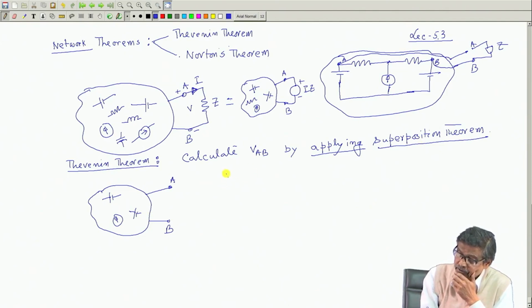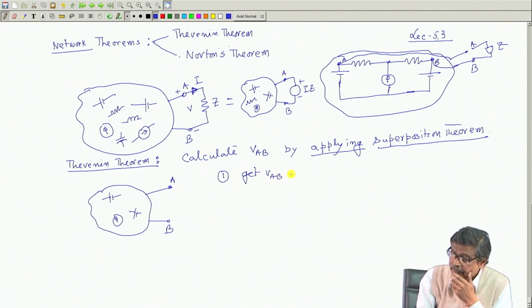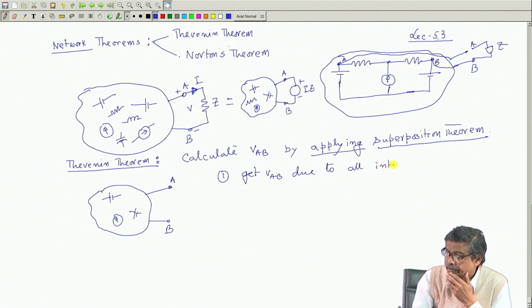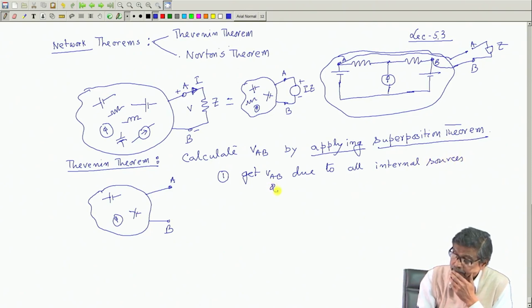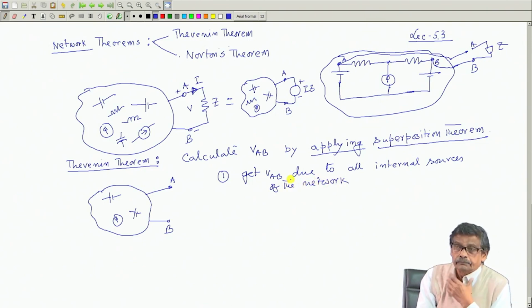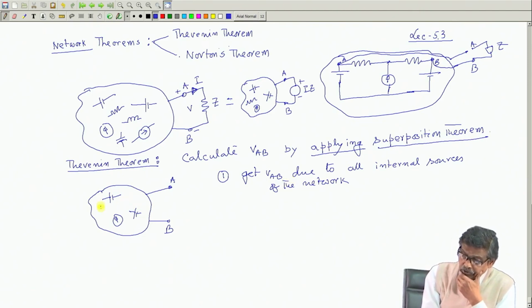Step 1: get VAB due to all internal sources of the network. So, all sources are present,